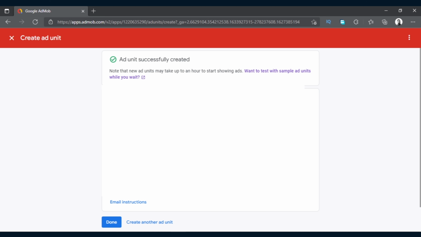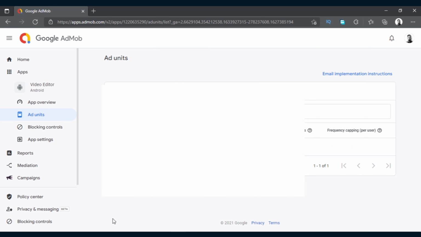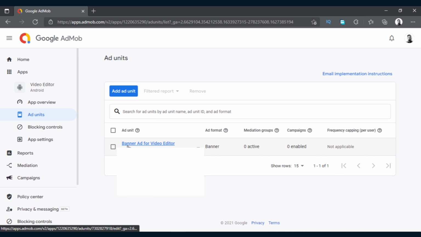Now on the screen you will not see, because I blurred it out, there is the app ID and ad unit ID. Remember that if you want to test your app, then please use a test ID, or you can add your mobile phone as a test device in your AdMob, and we will be doing this later in the video. So I will be using the test app ID and test ad unit ID for the banner ad. So click on done. Now we have successfully created a banner ad for video editor. Now let's close this.